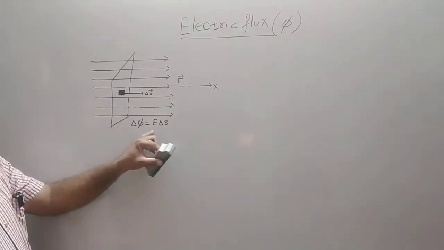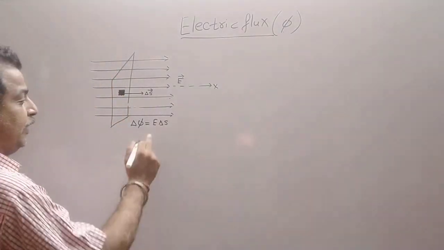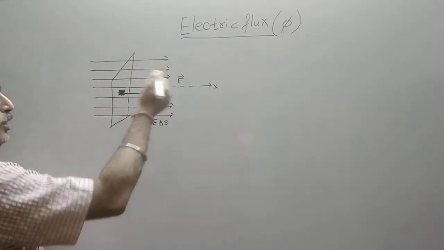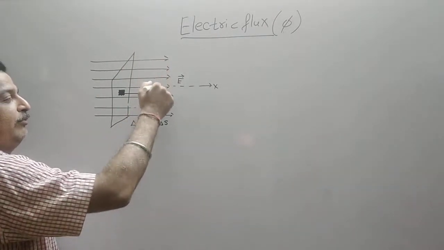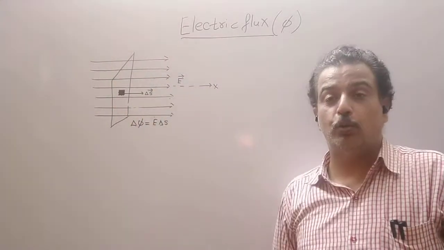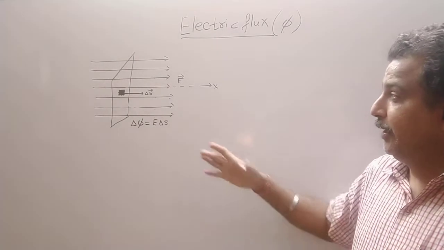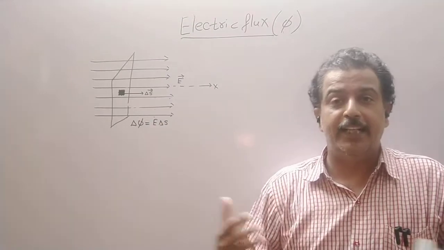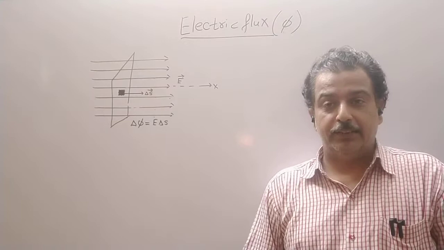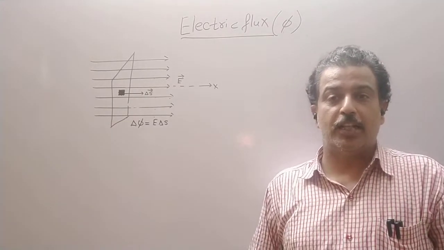Now this is the formula. We will later come to the general formula. For the time being, all the field lines pass through this unit area. If I count the number of field lines, 1, 2, 3, 4, 5, 6, 7, there are 7 field lines. All the field lines are seen passing through an area which is held normal. Also you have to remember, the numbers are not important, the density is important. That we have discussed in electric field lines.